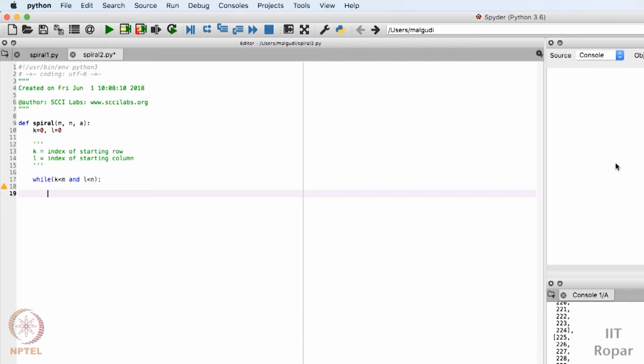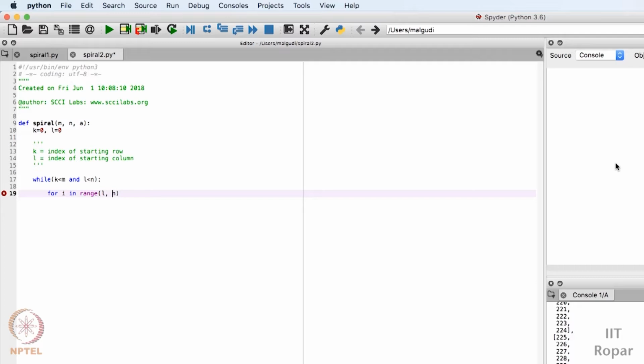First, since I am starting, I have to print all the elements of the first row. For that, let me write a loop. For i in range, see, elements of the first row. I have to exhaust all the elements through all the columns. So I have to go through the first column index, second column index, keeping my row fixed. I have to go through the first column, second column, third column, fourth column, and so on. So my row index is fixed, and I have to just traverse through the columns. So my range will be L to n.